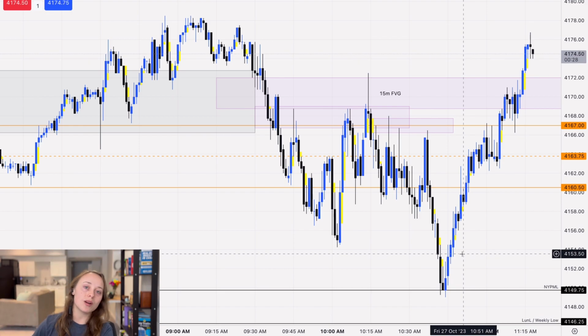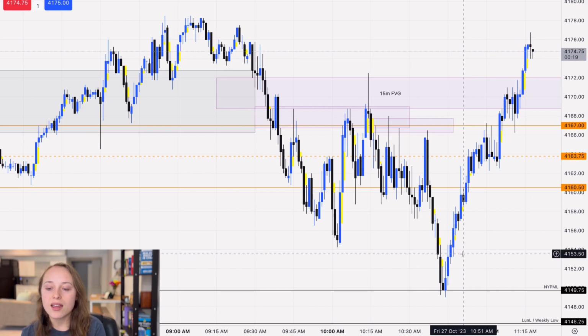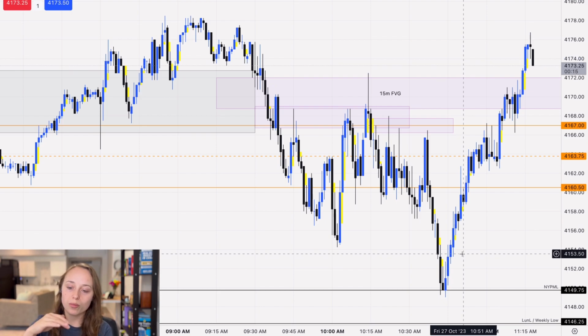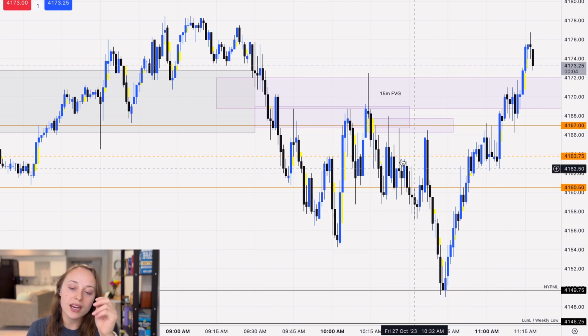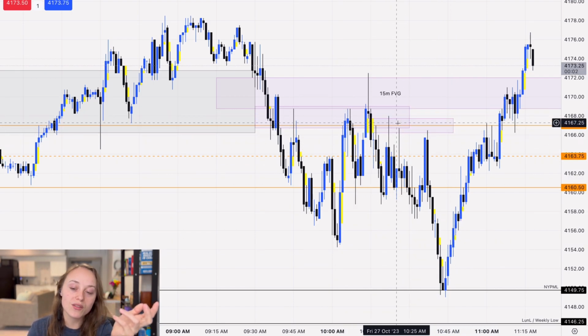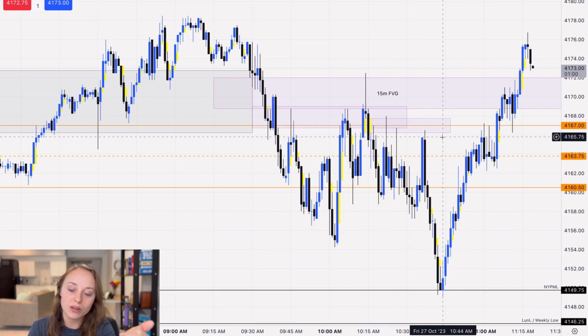We have a trending market. We know exactly where the draw on liquidity is. I just didn't see that today. And then just to top it off, with the movements and seeing how my trades would have played out, how they would have hit stop loss, I wasn't necessarily trusting in this trade. Because of that, we didn't take the trade to go lower.